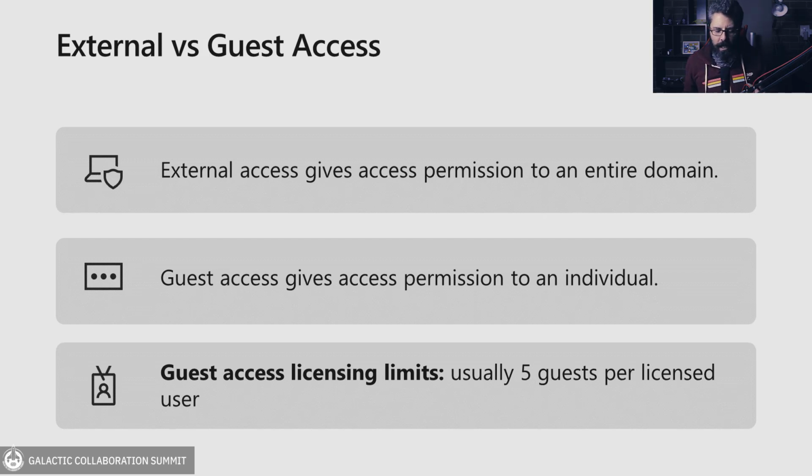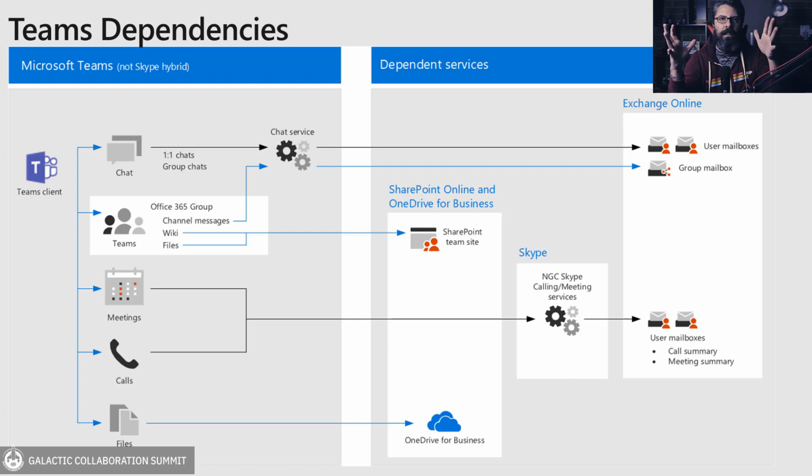Now, there's a few dependencies when you start looking at Teams. Remember earlier on today, I talked about Teams being a wrapper for a bunch of services, and we've seen Matt Wade's periodic table that gives you an idea. So Teams sits on top of a few products. Teams sits on top of Exchange for chat, or that one-on-one chat, the messaging service side of things. It sits on top of SharePoint for storage, and it sits on top of OneDrive for individual storage. So if I share a document with someone else, even a guest, I need a OneDrive license in order to do that, or I need access to my own personal OneDrive. If I'm sharing documents inside of a team